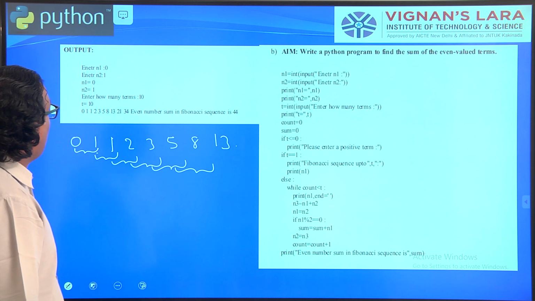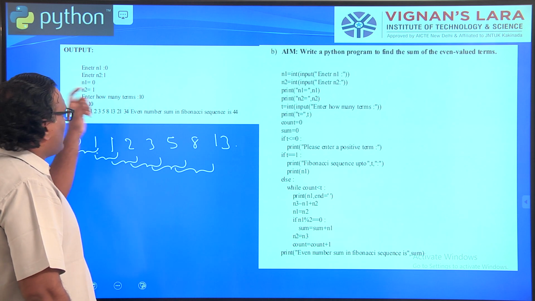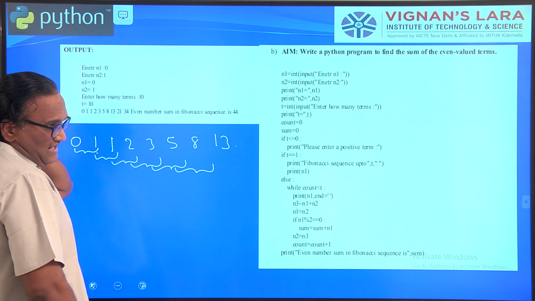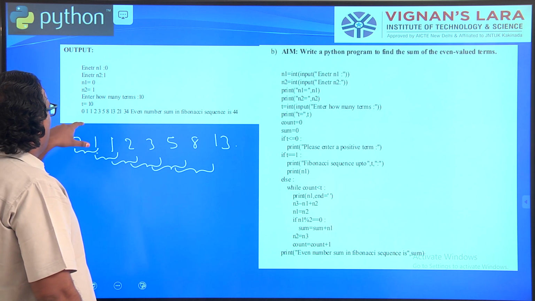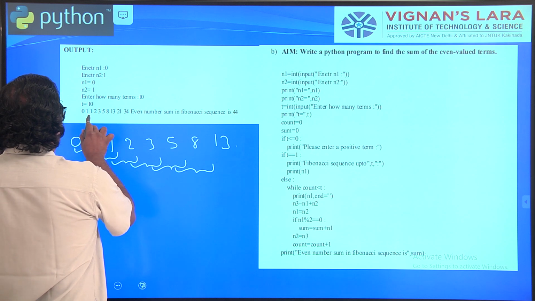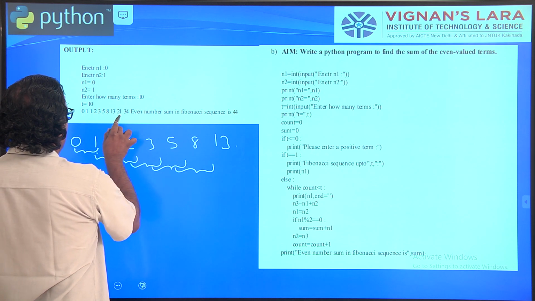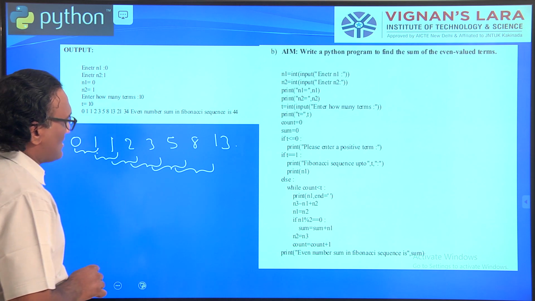Now, in this Fibonacci sequence, if I enter how many terms, like 10, it has to display 10 Fibonacci series numbers: 1, 2, 3, 4, 5, 6, 7, 8, 9, 10. Out of this, it has to calculate the even number sum.